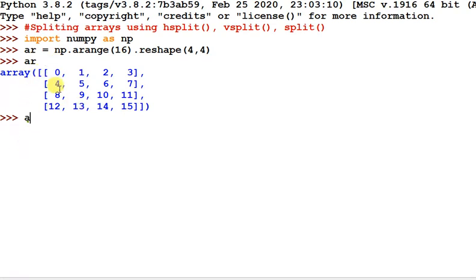There are 4 columns here, 1 2 3 4. So it can divide into one column each, or 2 columns each, and in those cases it will divide equally, but another option is not available.